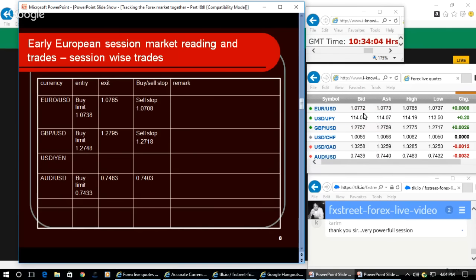Besides, your local platform providers might make a variable spread in the trading platform. So when euro is trading around 1.077173, the spread you think of as 1 pip, 2 pips, things like that. But in your trading platform, the owner of the trading platform might say that there is a variable spread. Now you see the 3 and 3 here. So that means the spread is 0, 0. And simply it will come down to 7-1 and 7-4. The spread will become 4. Then again the spread will become 0, 0.